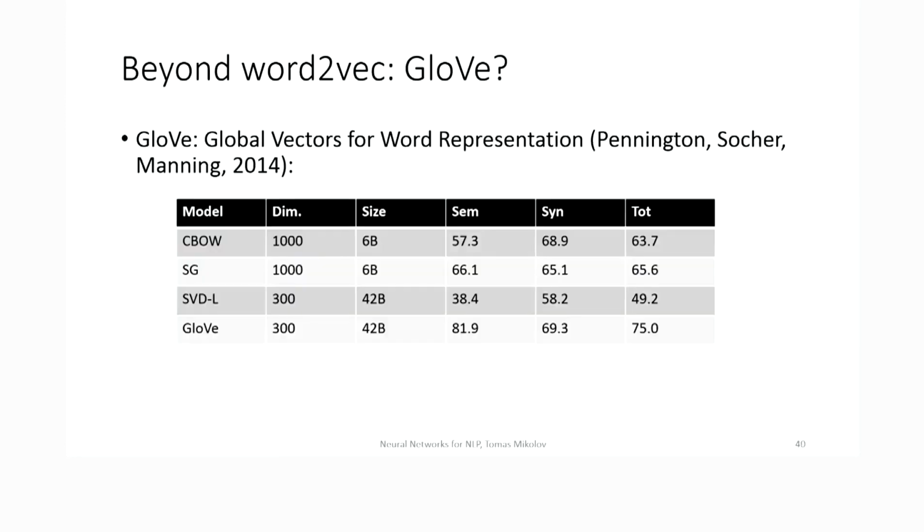And they did claim that it has superior performance to Word2Vec. From their paper, they actually compared against pretty much the worst results they could find, and they claimed that their GloVe is much better. If you look at the table, it seems quite convincing. You basically get, with much lower dimensionality vectors, 75% accuracy on the word analogy, so that's looking really good.